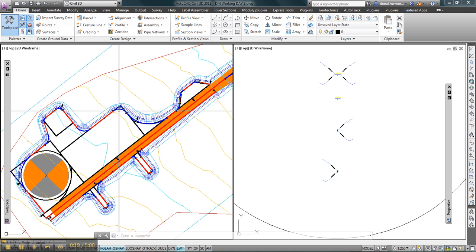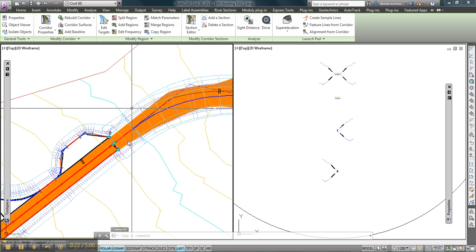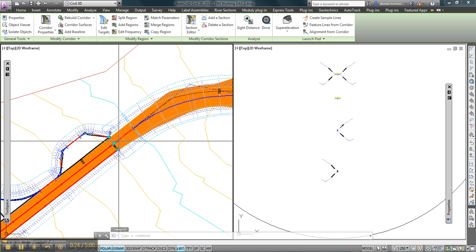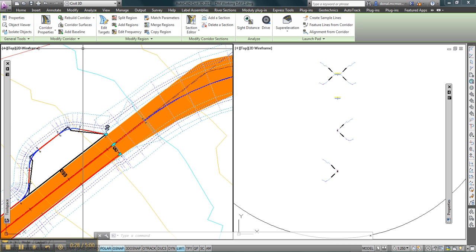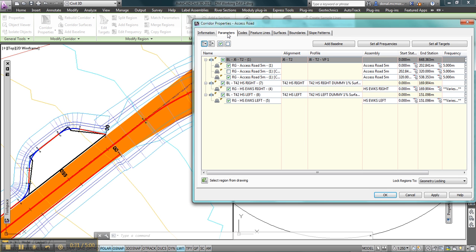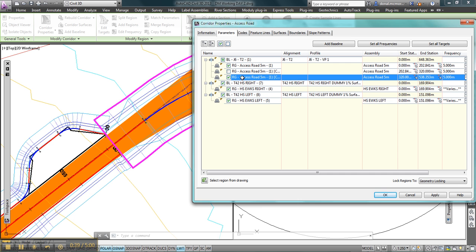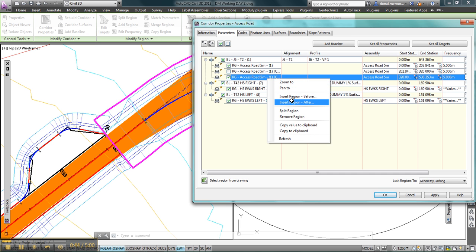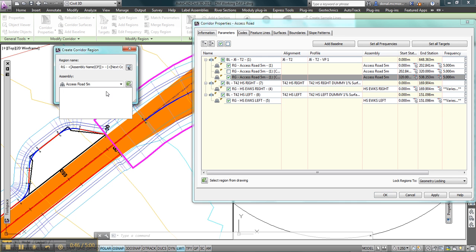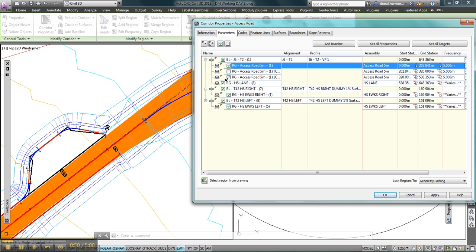So to do that, I'm just going to select my corridor, and I want to add on a new region here for my centerline baseline. So go into my corridor properties, parameters tab, and you see this is my centerline main baseline, then I've got 1, 2, 3 regions on it, and my last region ends here. So I'm going to right click on this, insert region after, select my hard stand lane assembly, click OK, and